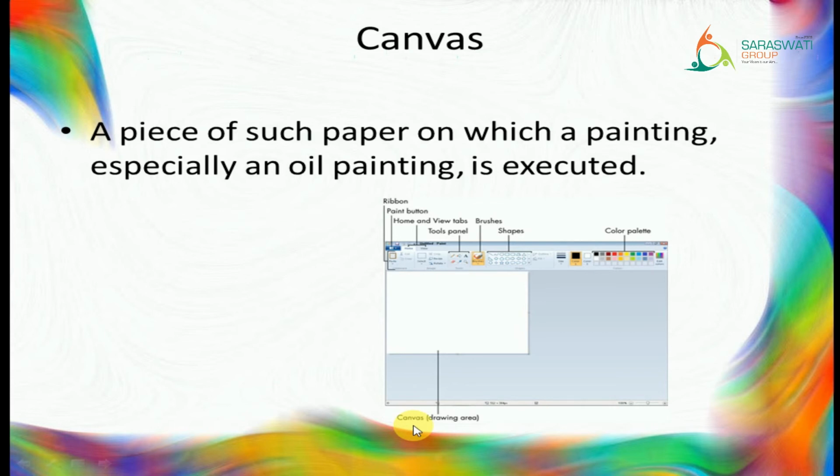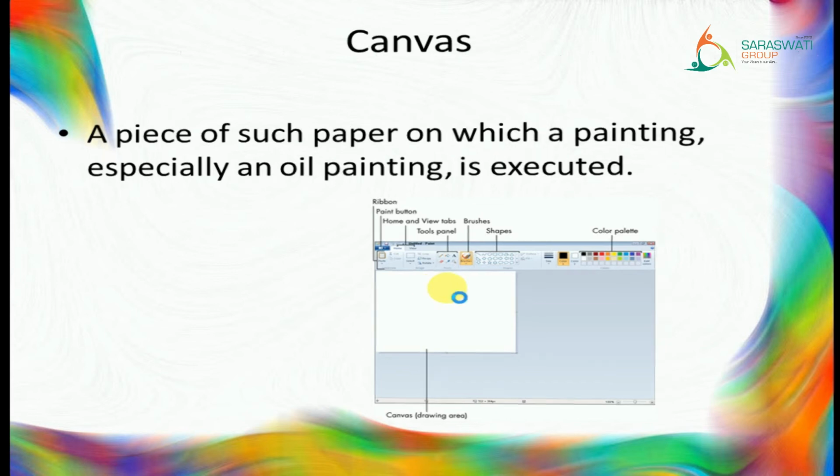Clear? Okay. In this chapter we are going to learn how to draw here with the help of a different shapes and how to convert it into 3D format, right? How to color it, how to make a design, that all thing we will learn in this chapter. But where we will draw our diagram, that is here in the drawing area, which is canvas in the computer language, right? Understood? Next,